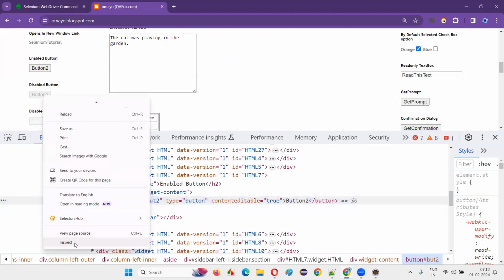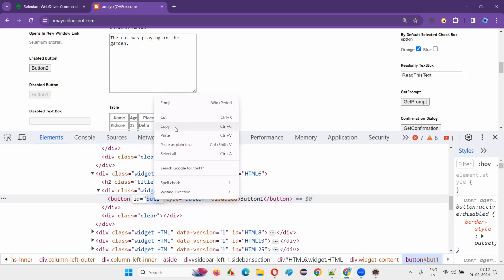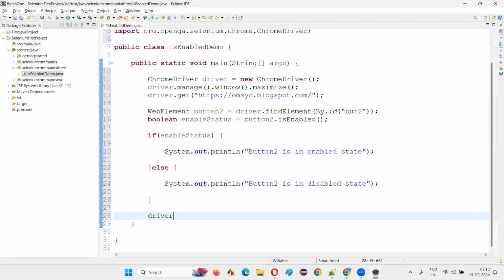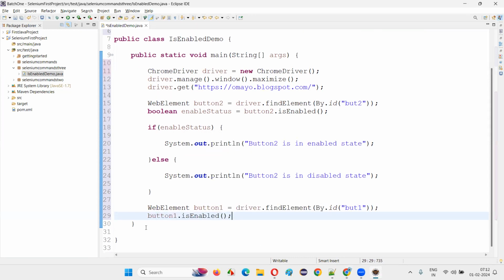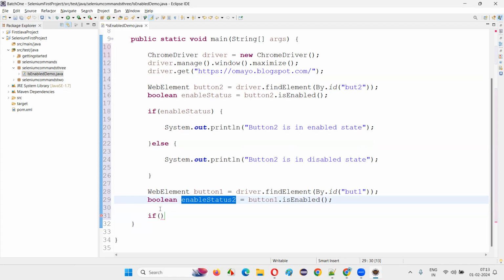I'll inspect this disabled button here. So this is the ID I got for the disabled button. Here I'll write similar code: driver.findElement by ID of the disabled button. Put a semicolon here. I'll say button1 is equal to, and here I'll declare this with a WebElement. And then I'll simply say button1.isEnabled. And this will return the Boolean status, enableStatus2 or something I'll say. Otherwise, here if this enableStatus2,